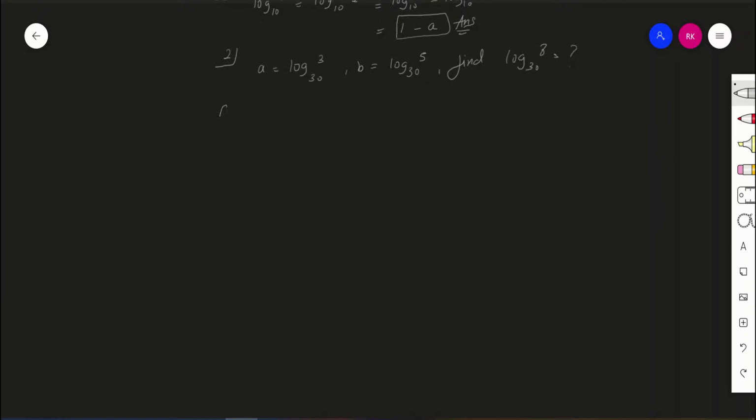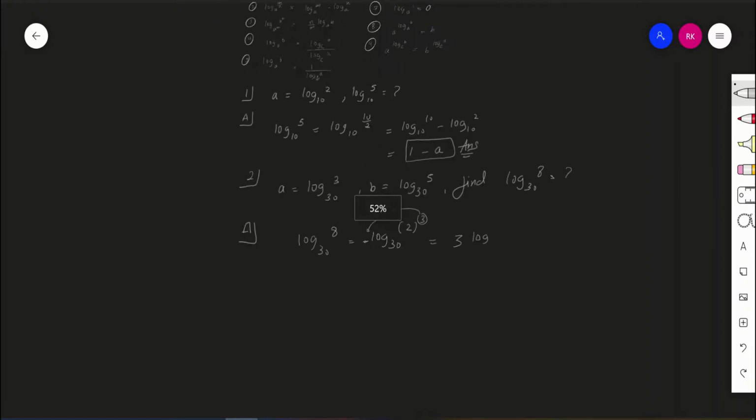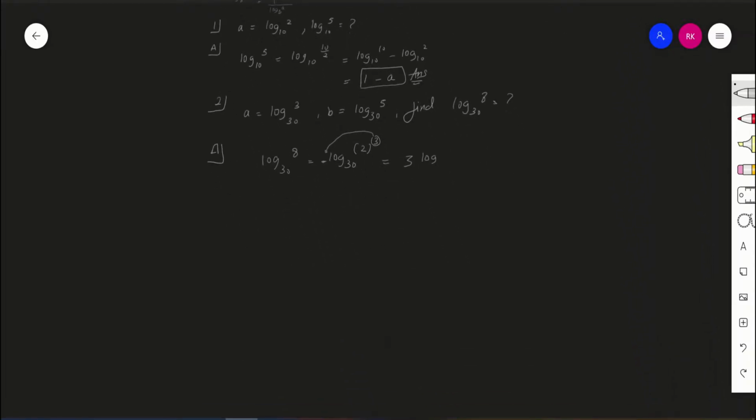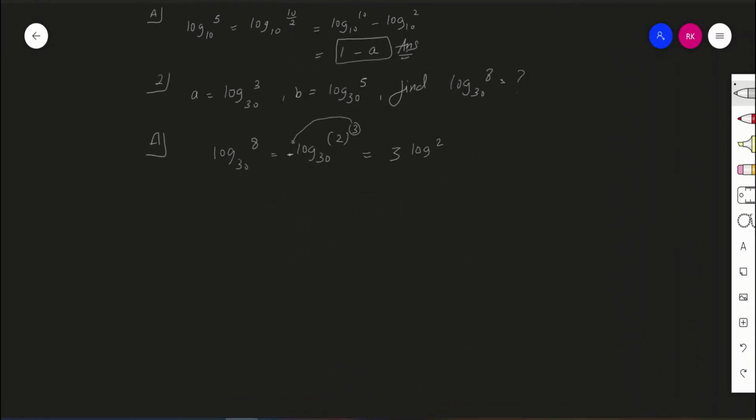In this, I will first solve log 8 base 30. I can write 8 as 2 cube. So this 3 is going to come down here: 3 times log 2 base 30,